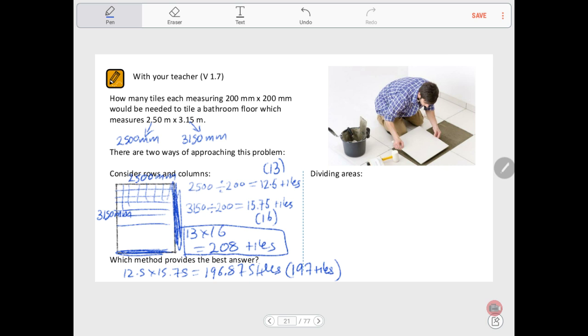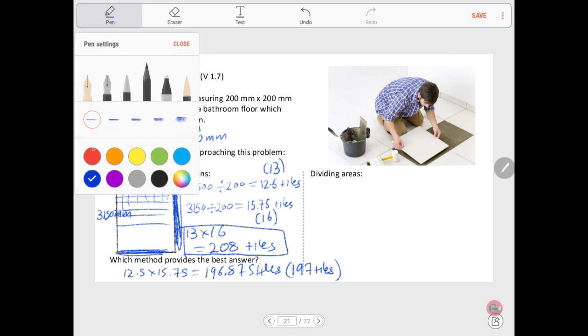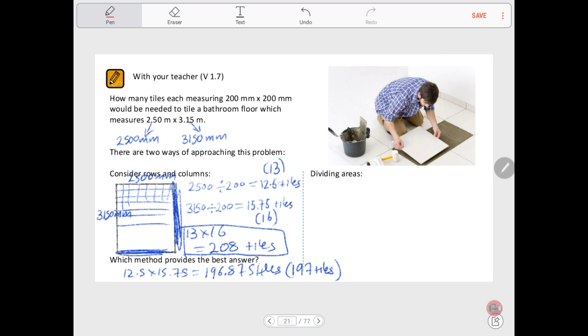But I think there's an issue there, because some of the tiles that you would buy and take home, you would need to cut into halves, and others you would need to cut into three-quarters. So maybe you could look at it like this. You could say, okay, we need 12 by 15, which is 180, right? And that'll fill up all the bits bar the part